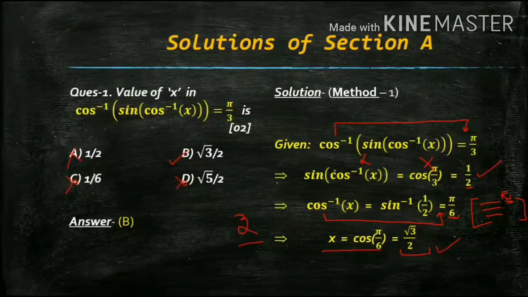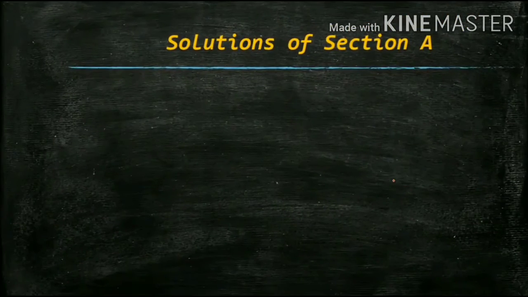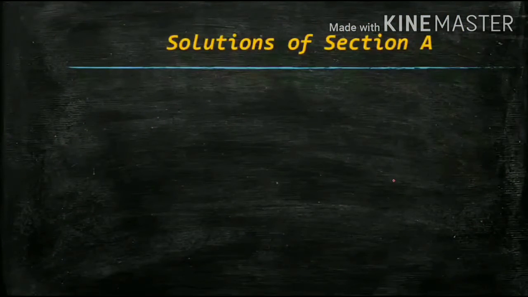We are done. Now this is one of the easiest ways to do this question. Just take all the things over here and you can easily find the value of x. In case you have not proceeded with these steps, no problem. There are other two methods as well. You can do them as well. Firstly, come to the method number 2.